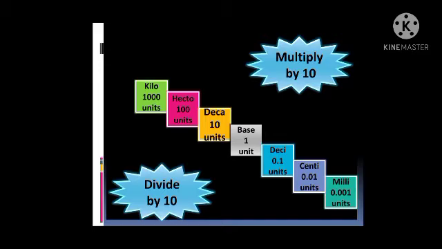See here the word kilo represents kilometer. In terms of weight, we have to use kilogram, and in terms of volume, we have to use here kiloliter. And similar for all the units. Hecto units, deca units, base unit, deci unit, centi unit and milli unit.